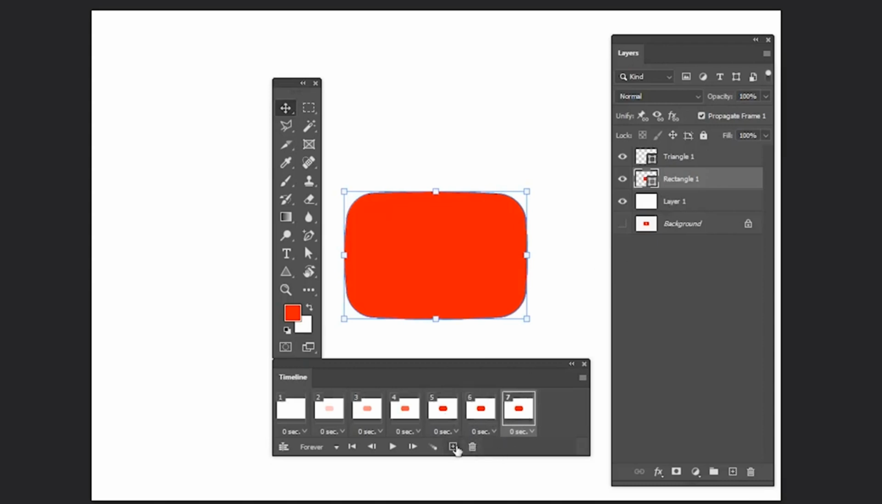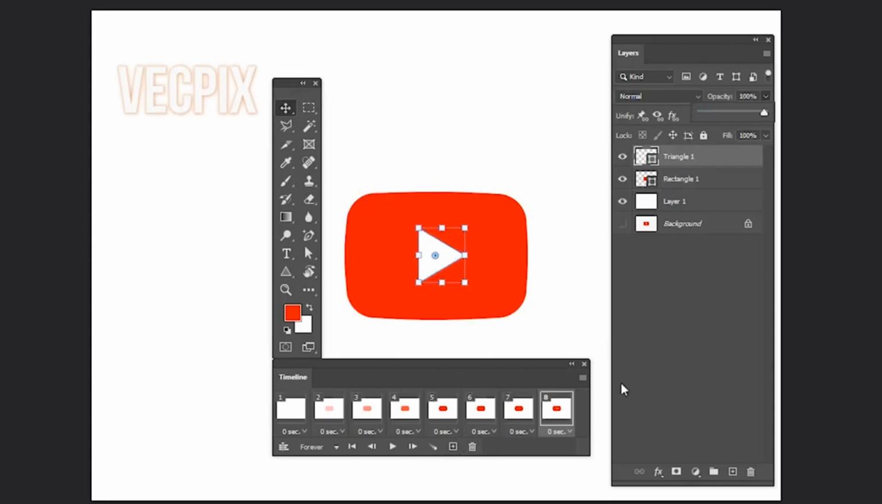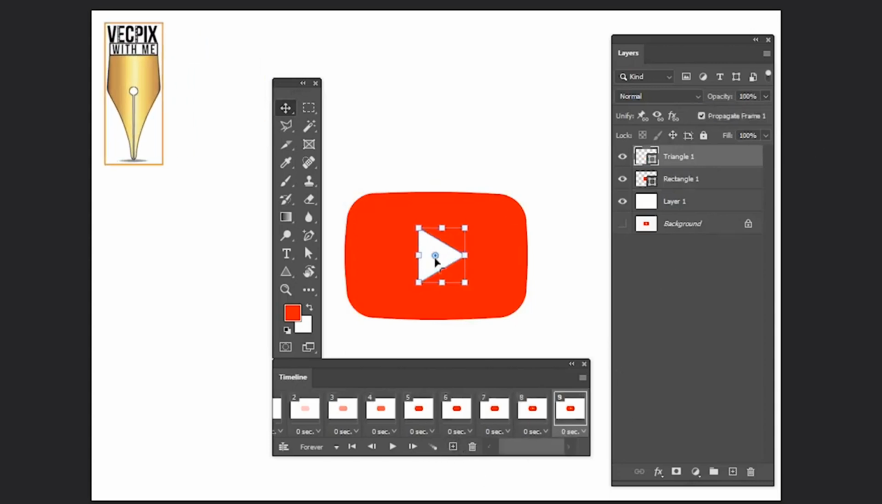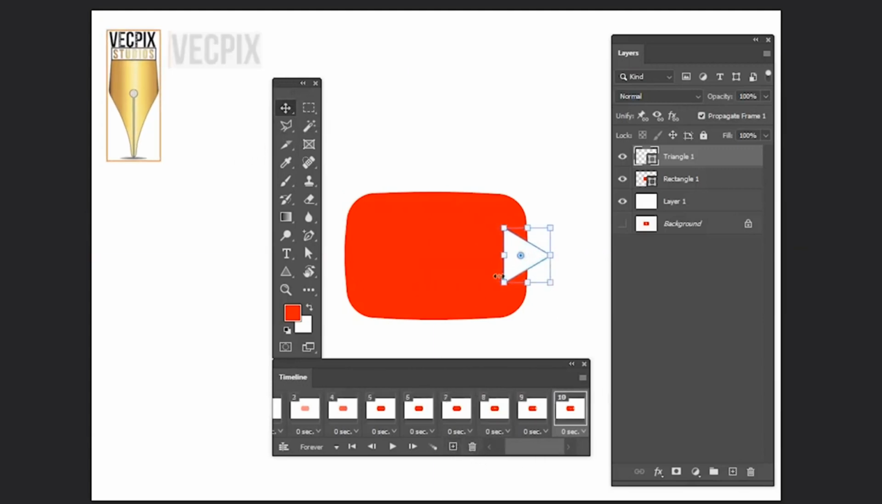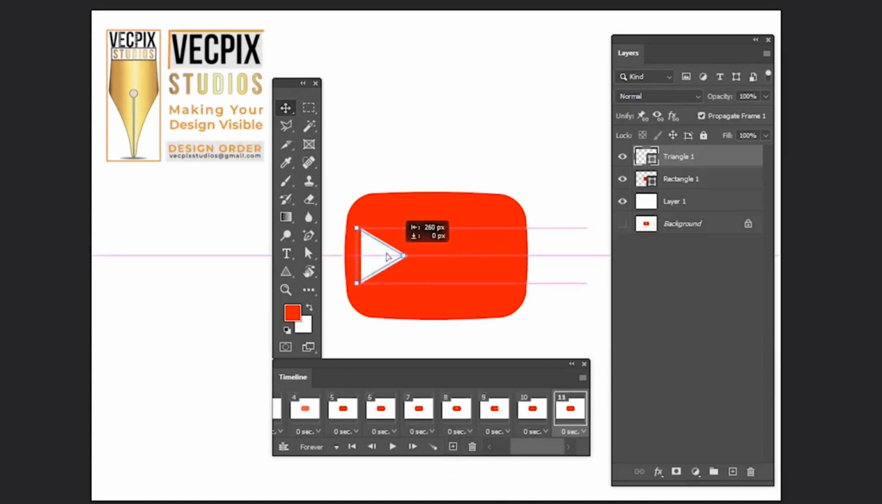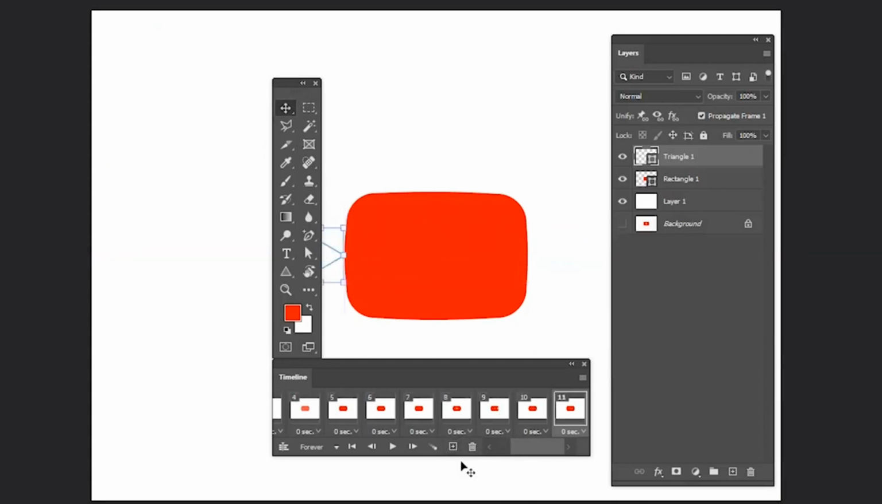In the 8th frame, select the triangle 1 and make it 100% opacity. In the 9th frame, select the move tool and move it a little bit like this. In the 10th frame, move it outside. In the 11th frame, move it to this side of the shape. In the 12th frame, move it inside a little bit